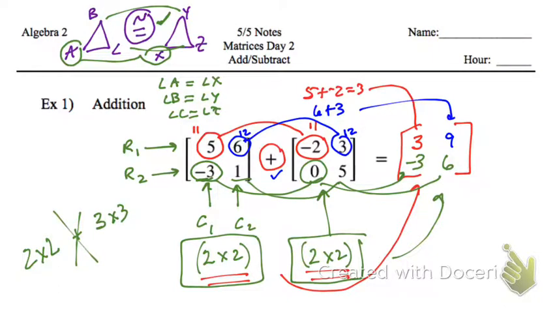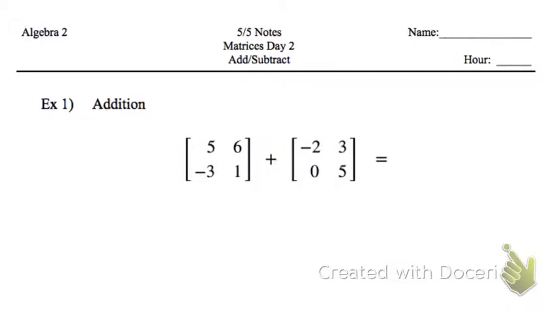You cannot add them. Okay, so that's a little different. Usually, you take any two numbers that you can always add them together, but not with matrices. They have to be the same dimension. Now, when you subtract,